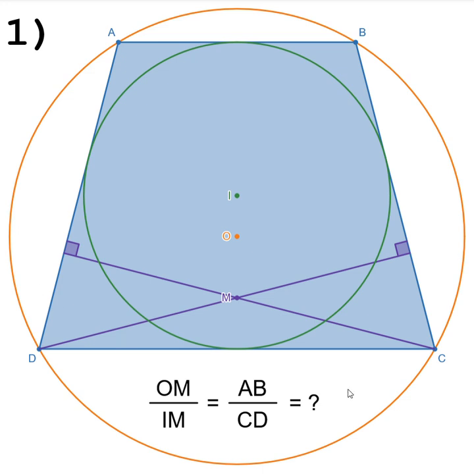And this is an orange circle, the circumcircle, and its center is marked with orange O, and this is the incircle, and the incircle touches all 4 sides, which makes the quadrilateral tangential, and it's a green circle with its center marked in green also. And then we have the intersection of the perpendiculars from C to AD and D to BC. So they intersect at M,